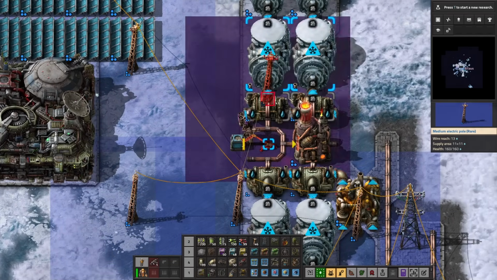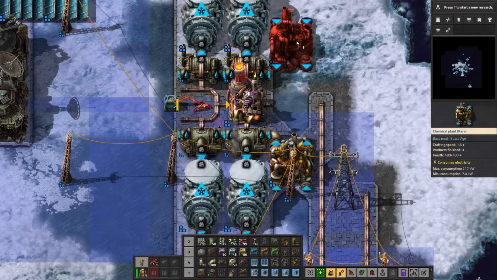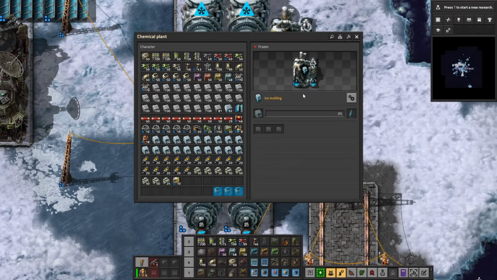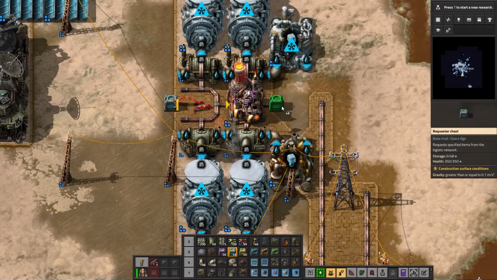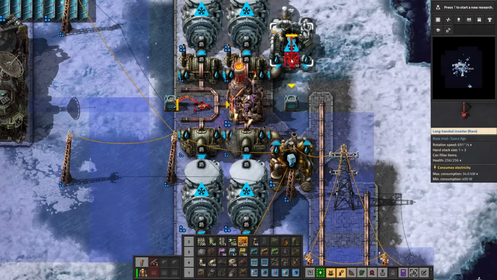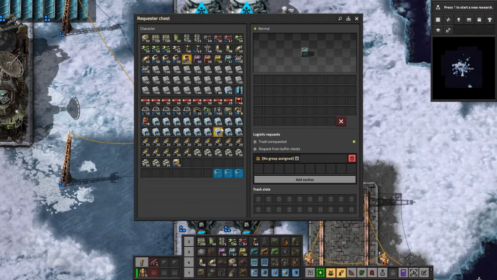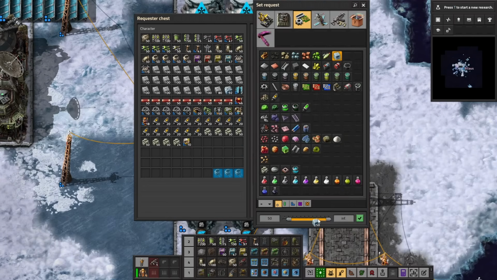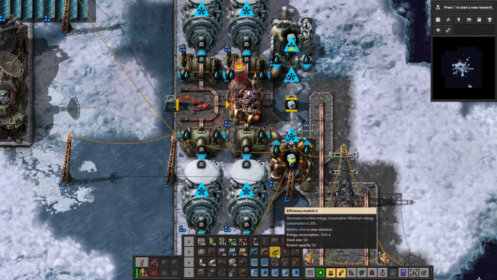Good. And I'm going to do the same thing on the other side. Water, I'm going to get you water up here. Both of these are going to be ice to water, like that. And it's going to have a requester here. And this requester will be requesting ice. We'll just say 50, but it's going to be more than that. And the first thing we're going to do is...